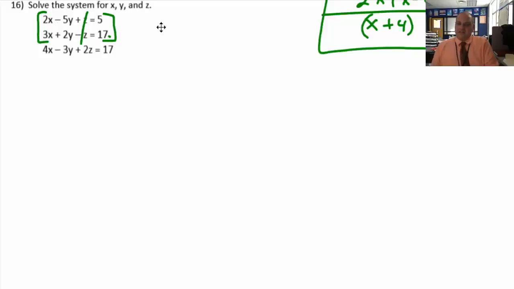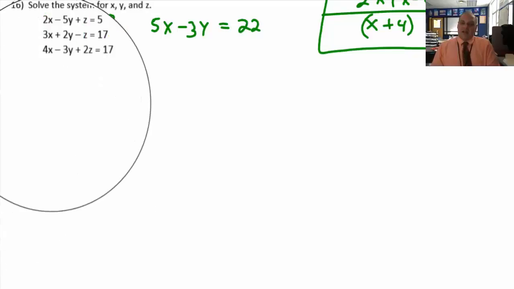I can get 5x minus 3y equals 22. So I got one equation. I'm all set up there for a two-variable system. But now I got to go back to my original here, and I got to get something else to drop out. I have a 2z. If I can multiply this equation now by 2,